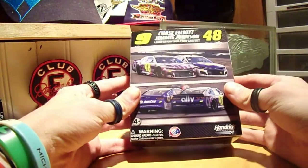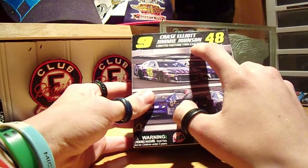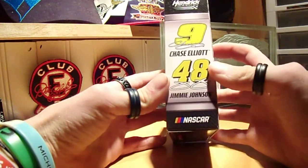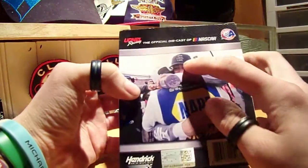So, now we have the passing of the torch, the Chase Elliott and Jimmie Johnson limited two-car set, which is them doing the passing of the torch. We'll get into that in a minute. We got Chase Elliott, Jimmie Johnson on the side. As you can see on Jimmie's hat,